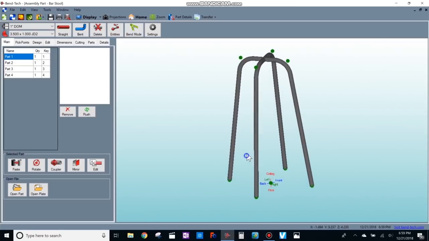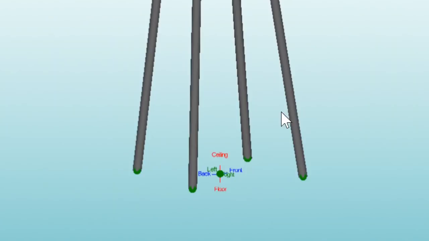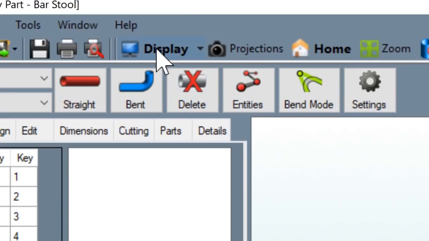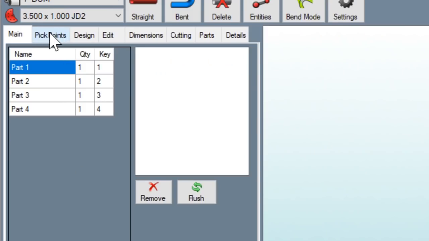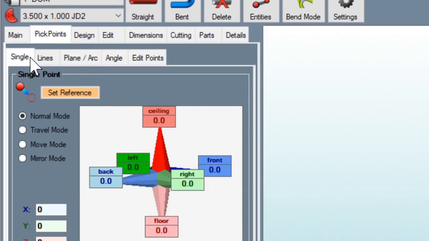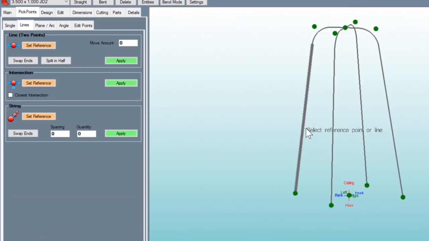Now, I know that on my stool here, I want to have some supports down here at 2 different elevations so that I've got a couple of different levels that I can rest my foot on. And I know that I want one on each side at 8 inches and then one on the other 2 sides at 10 inches. So I need to put some points at 8 inches up and some points at 10 inches up. So I'm going to go back to the wireframe and I'm going to go back to pick points. And instead of using single, I'm going to go lines, because now that I have some lines here, I can use these to base the points off of.